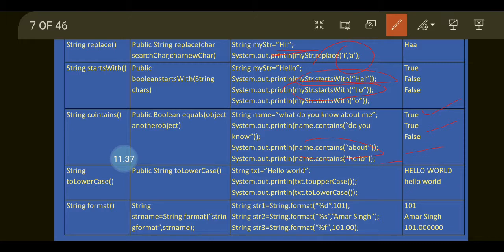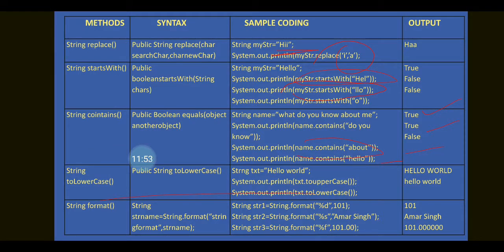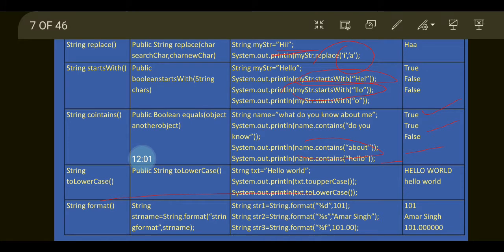So txt.toUpperCase() will return the string in uppercase, and similarly toLowerCase() will return the string in lowercase. But we have to remember string is immutable, so txt.toUpperCase() will return the string, the Hello World will be converted to uppercase and printed, but the original string will not be replaced